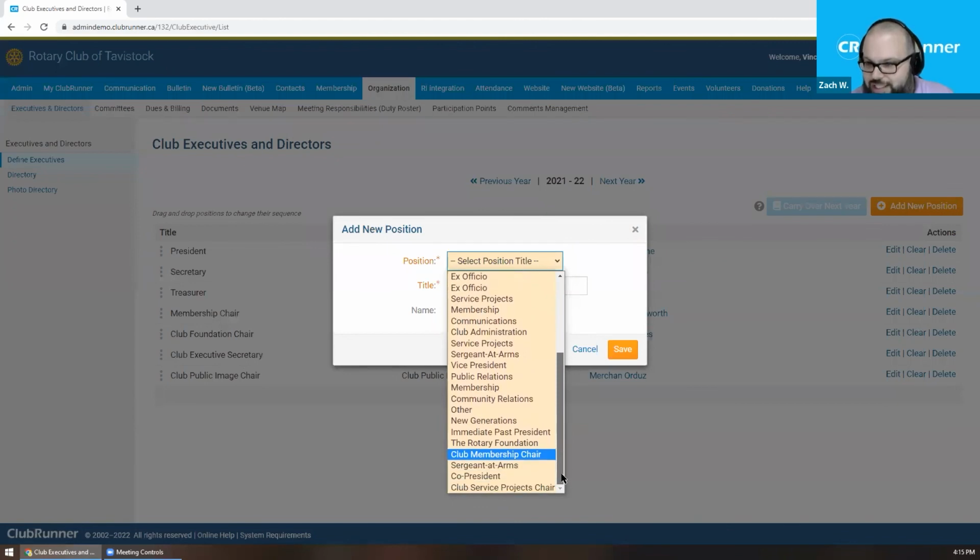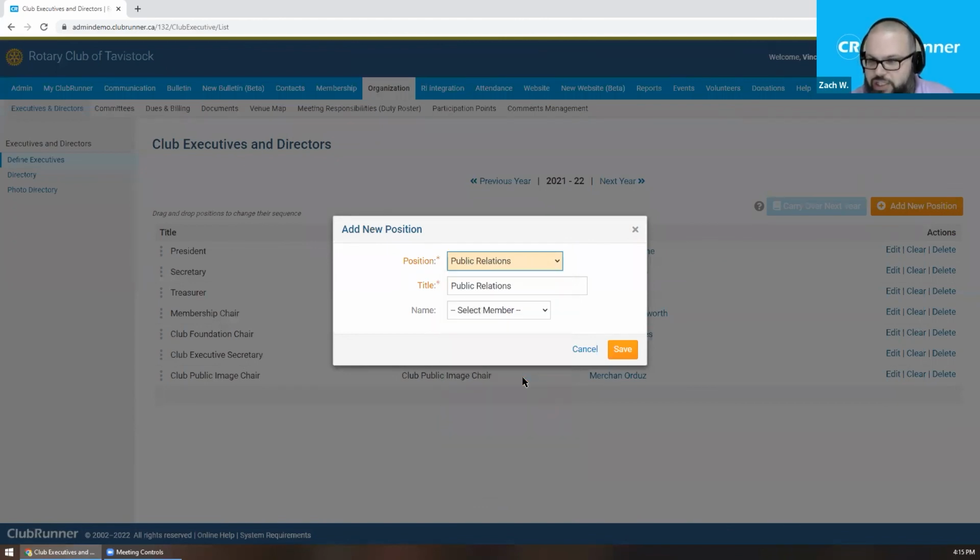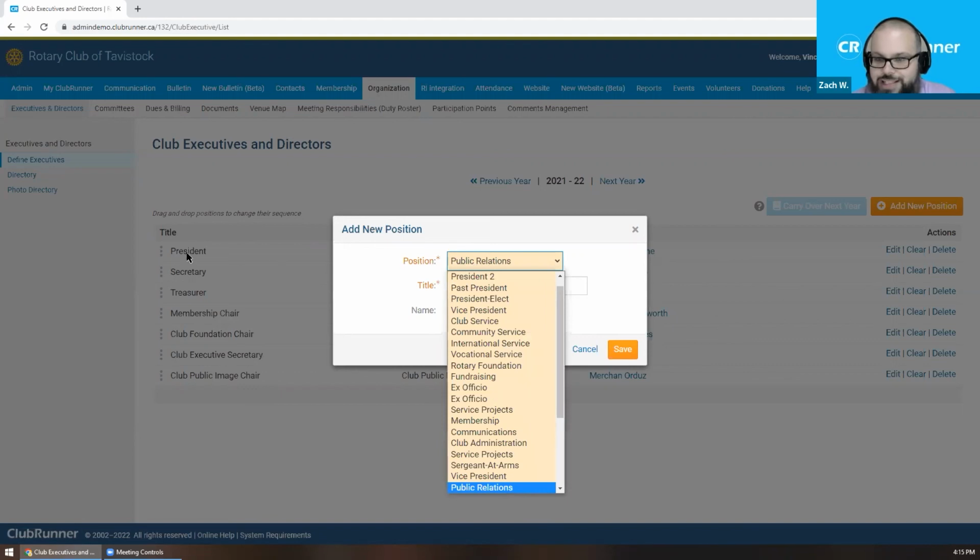We do see that there is a public relations, but that's not the same as the club public image chair. To just confirm this, the reason why you are unable to set the club image chair twice, or really any officer position, for example, you guys can see that the president has been set, but I don't have another role that's called president, is